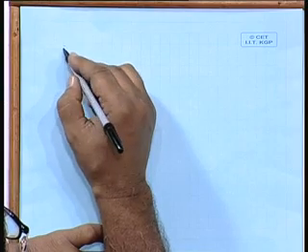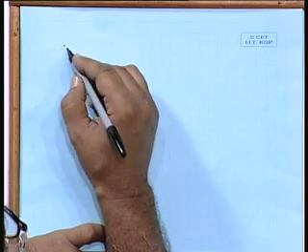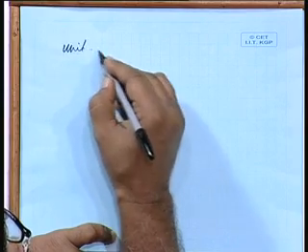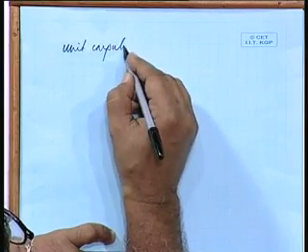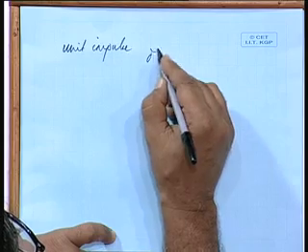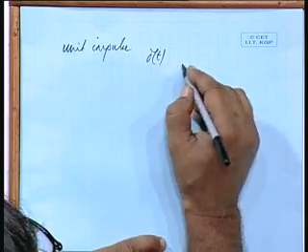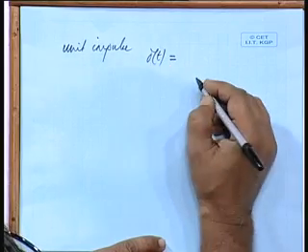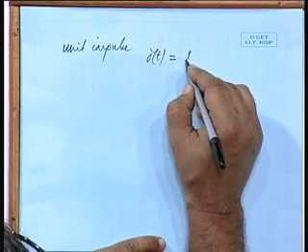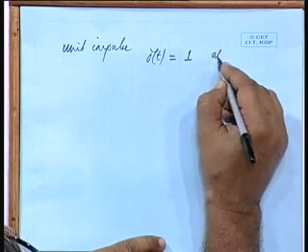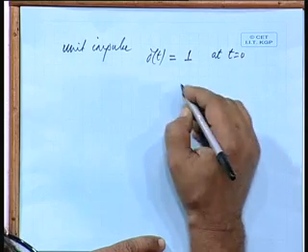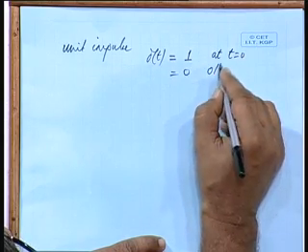Okay. So, gentlemen, we will continue with the discussions on signals. Last time we were discussing impulse functions. A unit impulse we will be denoting by delta t. This is a function whose value is 1 at t equal to 0 and equal to 0 otherwise,